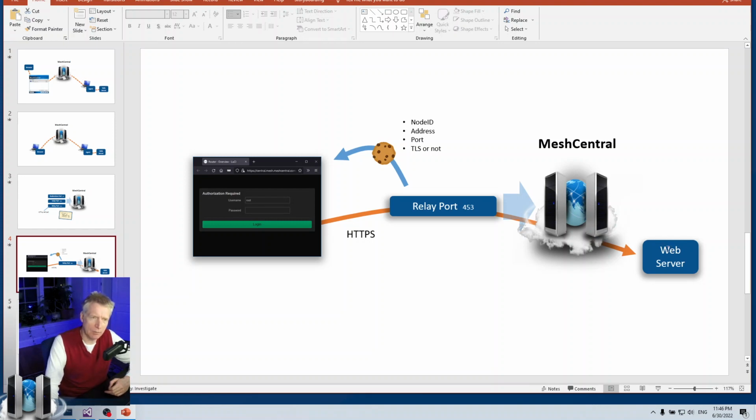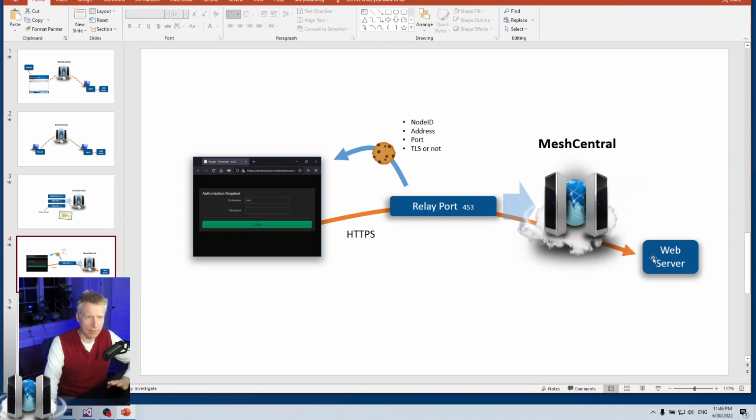And sometimes, if the web server is on the same device as the agent, then the agent will be the node ID, and the address will be looped back to 127.0.0.1. The port will usually be either 80 or 443. That's the port you want to hit on the web server, and then TLS or not. That's whether you expect HTTPS to be running on the remote side or not.